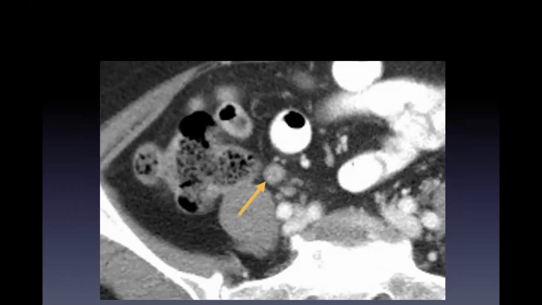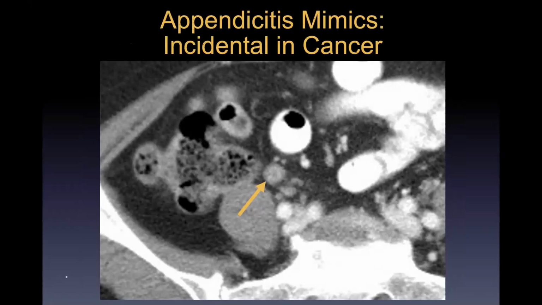And then this is a case that's sort of in that same genre, but a little bit different. Here the appendix looks big, don't really see anything else going on. And this was incidental enlargement in cancer. And what I mean by that is not cancer involving the appendix itself, but cancer somewhere else in the body, like lung cancer, breast cancer. Sometimes in patients with cancer, it's about 2% of cases, you'll see these sort of unusually large, juicy looking appendices.